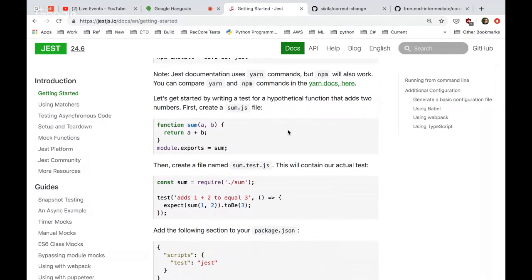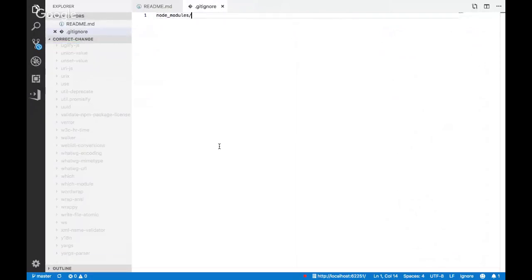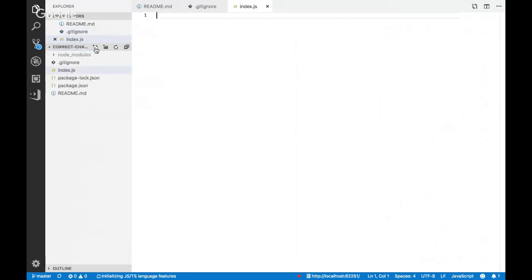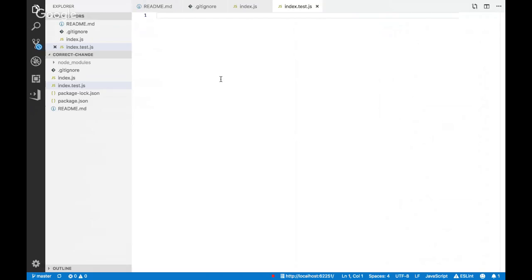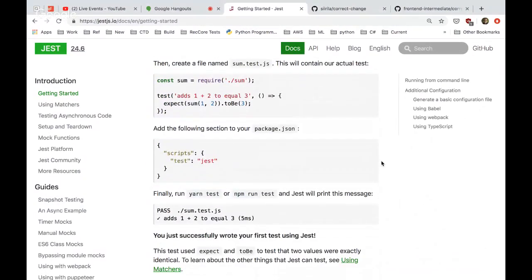So now I've got jest installed as a dependency, and it says first create the index.js file. Oops, I don't want to go into node modules. Wrong place. All right, here we go. So I'm going to do my work in index.js here, and then I'm going to write my tests first. If you remember right, the default is .test.js. So that's sort of our default thing that we can do here. Our first test that we're going to want to write, as usual, and you'll see this stuff get refactored as we go,